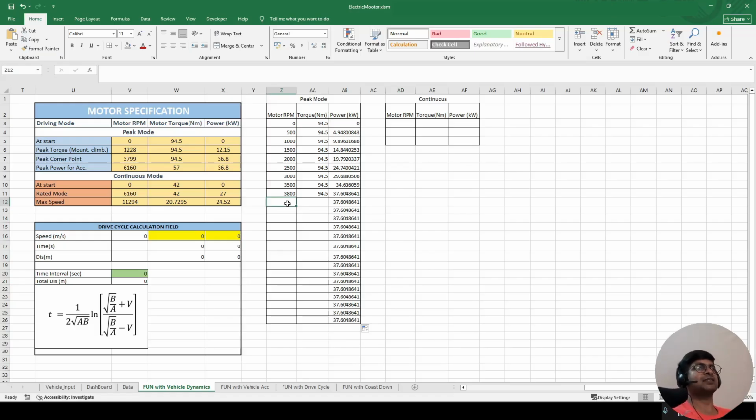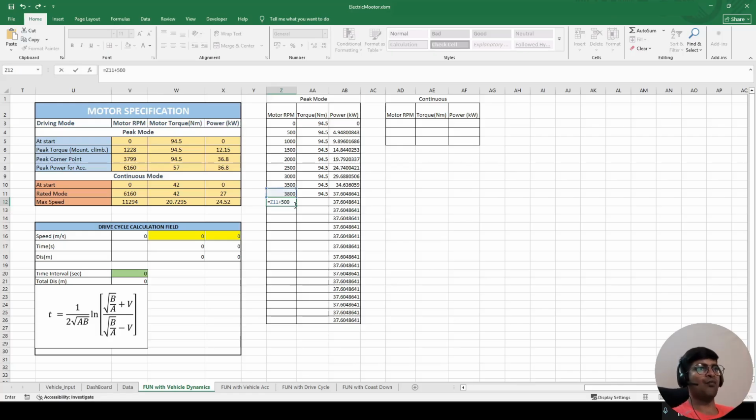What is the max speed of the vehicle that we want to go? 110 kmph, and the corresponding motor rpm is 11294, or simply I can write 11300. So let's go in steps of 500 again from here